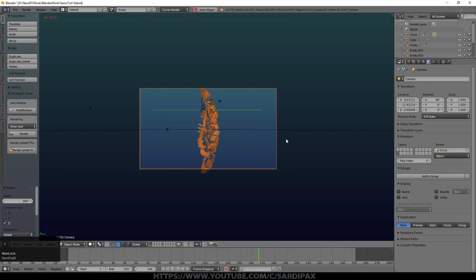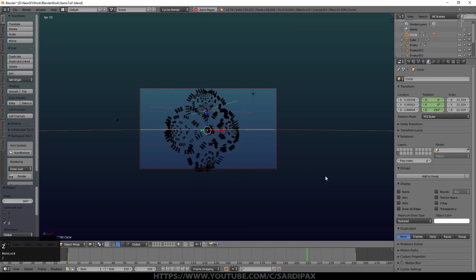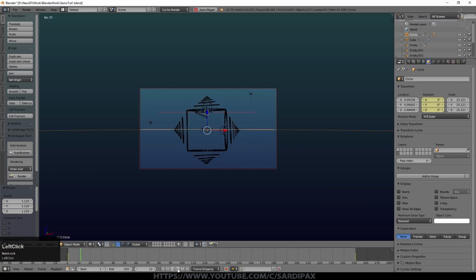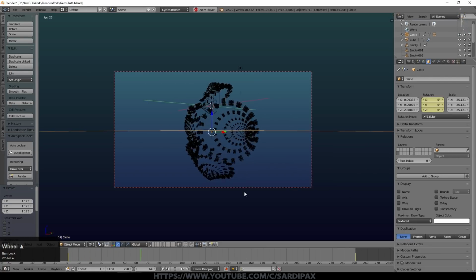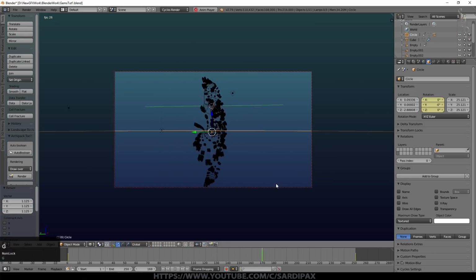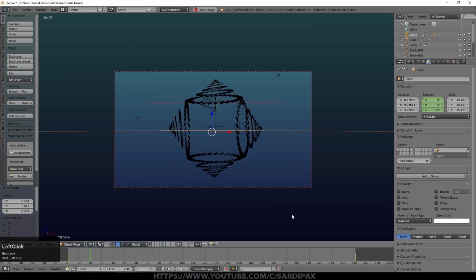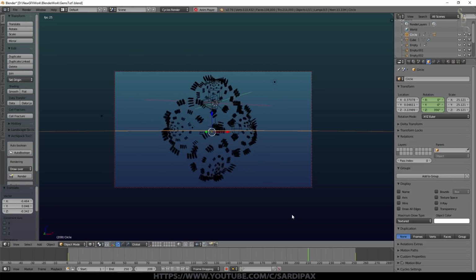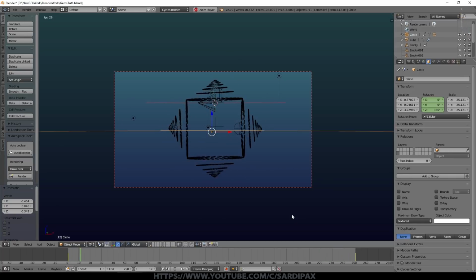If we just look through, it looks like we need to make the circle just a little bit bigger, just to have the camera slightly further away. And we can move the circle around a little bit. That's really the easiest way to do this. You can apply other modifiers to the camera, you can follow paths and things like that, but if you just want to orbit, that's a very easy way to do it.